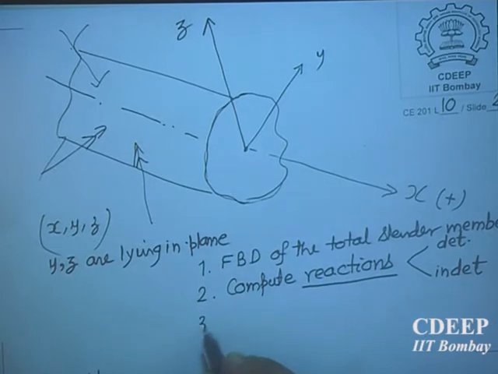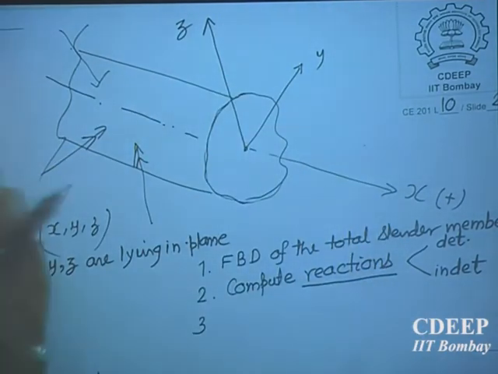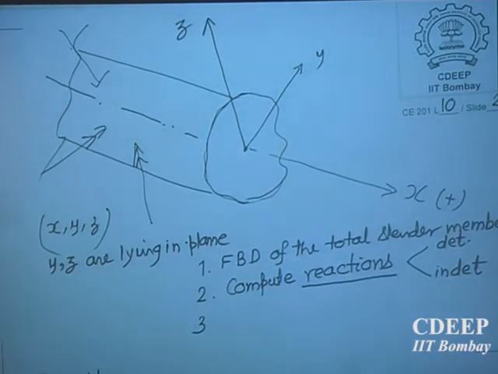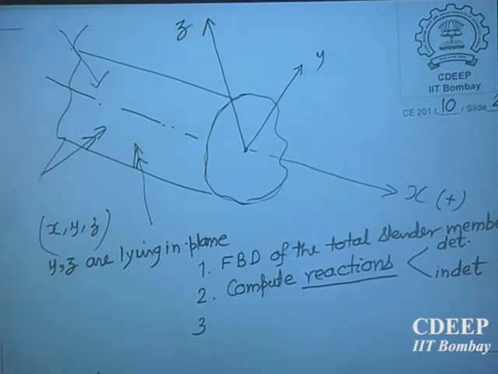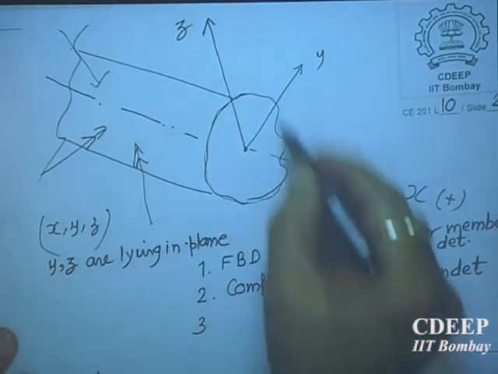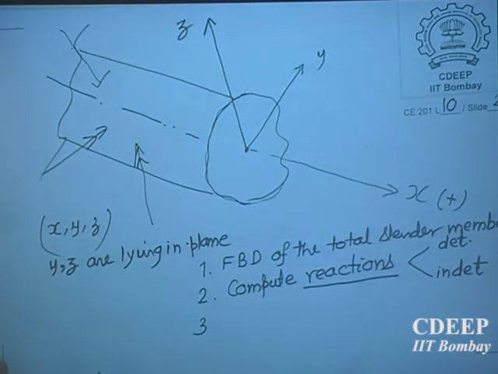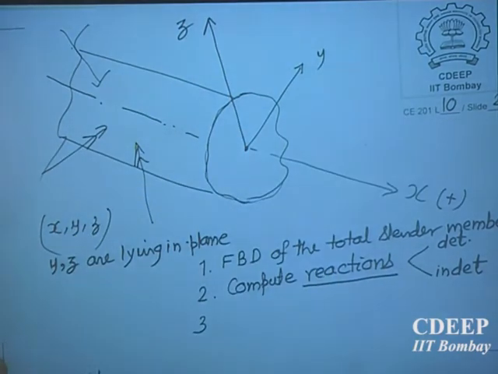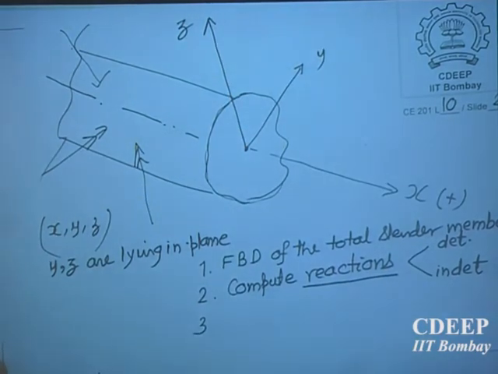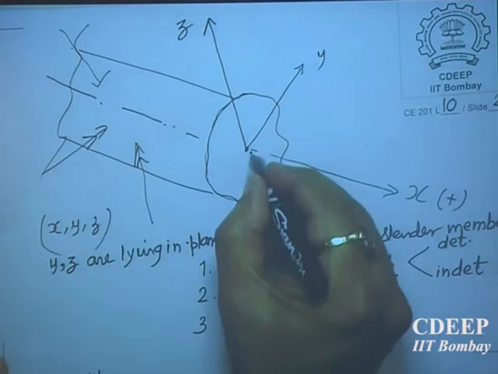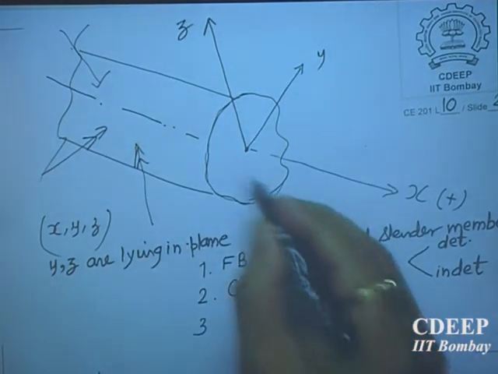The third part is, if you want to find out at any cross section the nature of the forces, then cut the body and consider one part of the body as the free body diagram, and then show what will be the nature of the forces. I have already told you that this plane is subjected to small distributed forces, which we call stresses, and there will be normal stresses and shear stresses. But all these can be integrated and put as forces. So, in general you can get